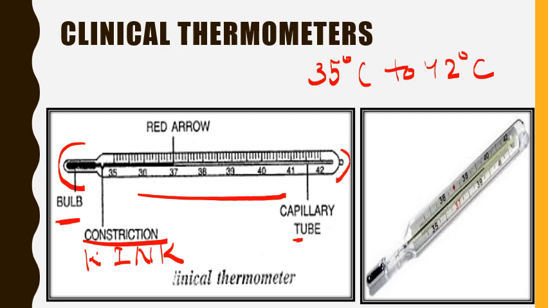As the temperature rises, the mercury expands. We have read that liquids expand on heating. So mercury being in liquid form, it expands and moves up to show the temperature against the printed scale. And in this way, we measure the exact temperature of the human body. We will study about the working of a clinical thermometer in detail in our next lecture.